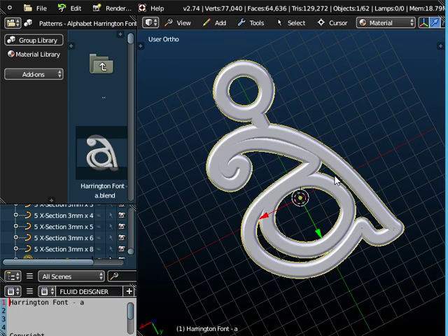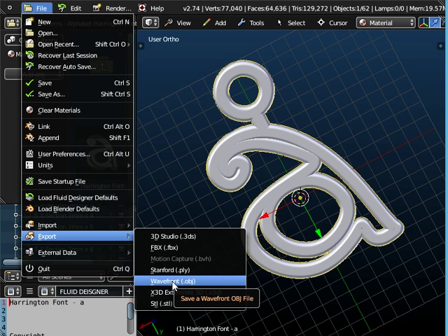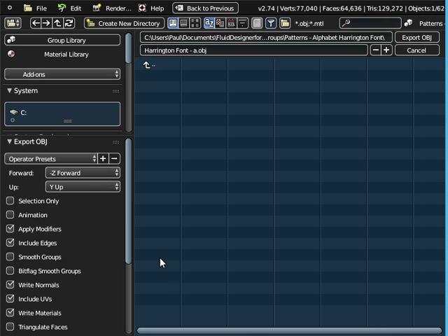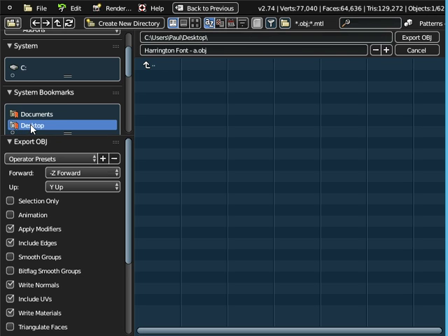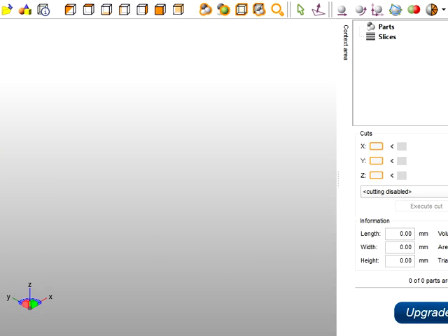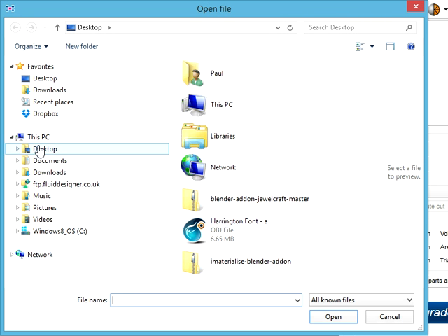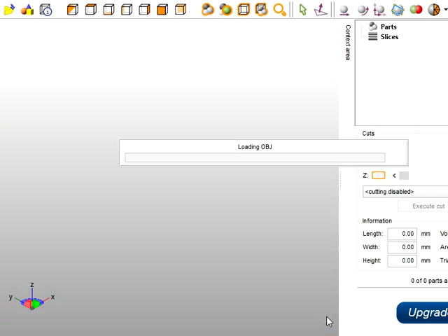All I need to do to print that is to go to File and export it as an OBJ file, and then import it into Netfab Basic. So I'll do that. I'll just export it to the desktop. So it's Harrington font, just letter A. So export the object to the desktop, and if I start, should have done this before really, start up Netfab and just put it on my screen there, and if I just go to Project and open from the desktop the Harrington font,